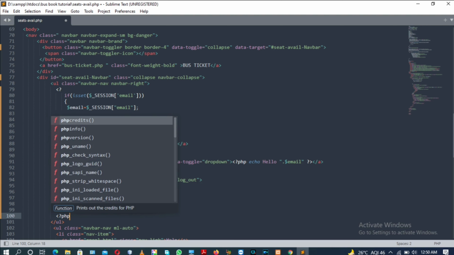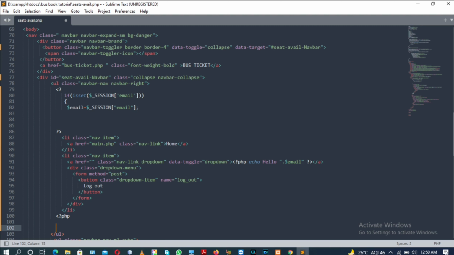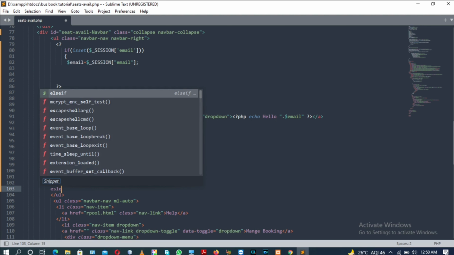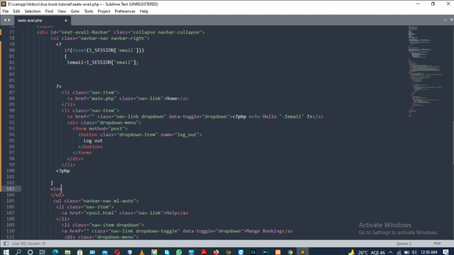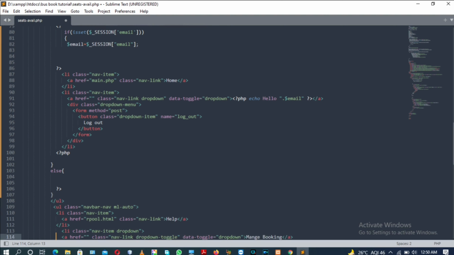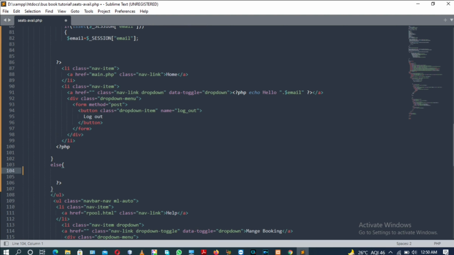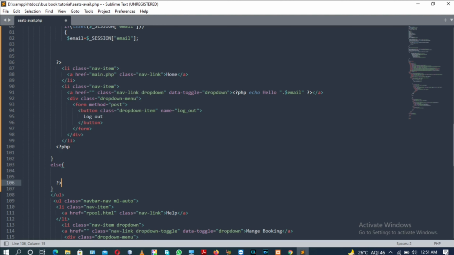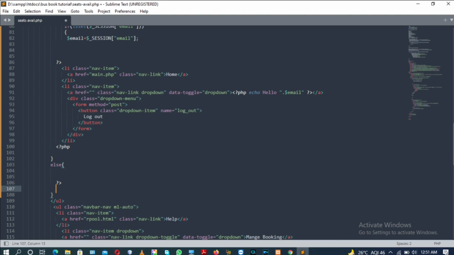Now open a PHP script and provide a curly bracket, and then else. After that, the closing of the PHP tag. Inside else, after the closing of the PHP script, the PHP closing tag,